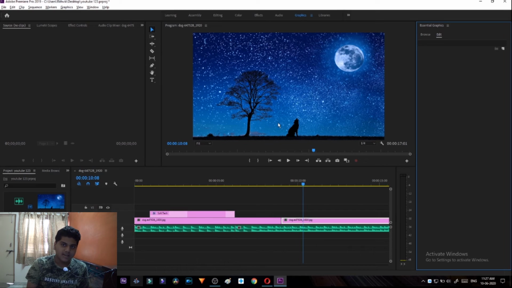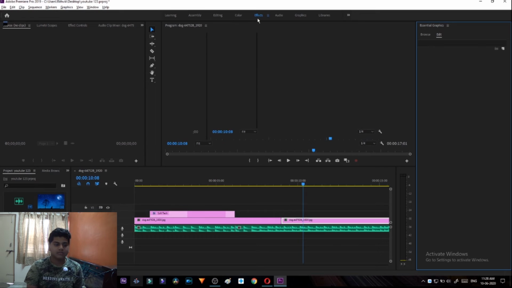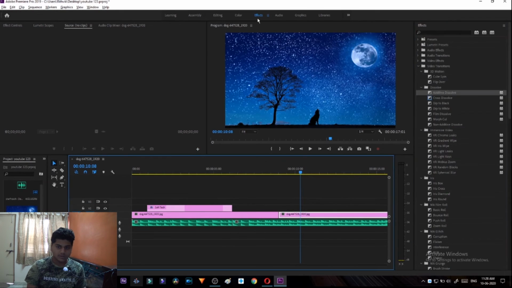So guys, the next thing that anyone wants is adding transitions, video effects, audio transitions, audio effects, adding LUTs and all those things. To do that we need to go to the effects tab. So this is the effects tab, just click it. So you can see here we have